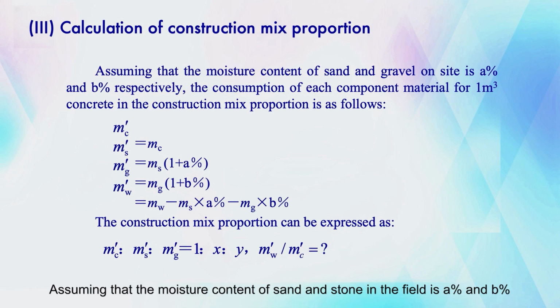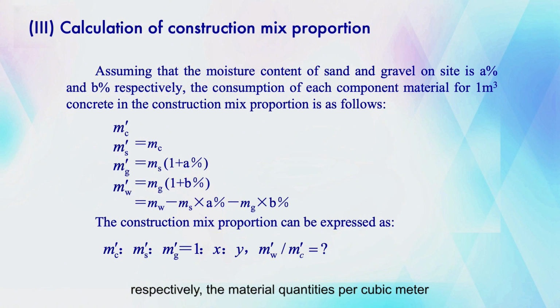Assuming that the moisture content of sand and stone in the field is a% and b%, respectively, the material quantities per cubic meter for the construction mix proportions of concrete are as follows. The construction mix proportions can be expressed as